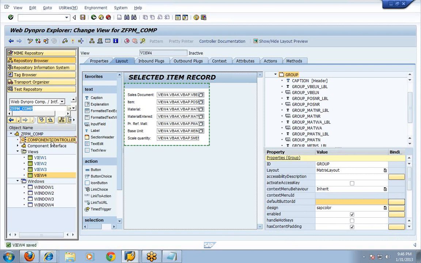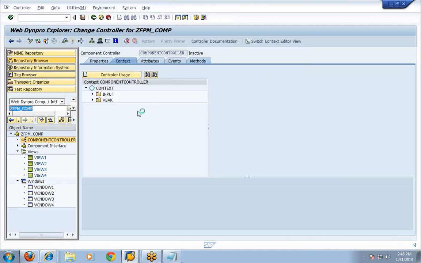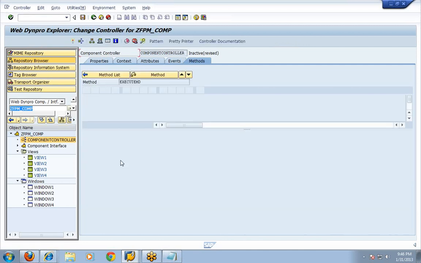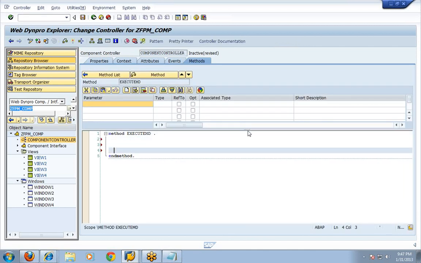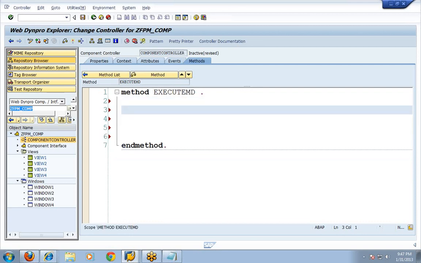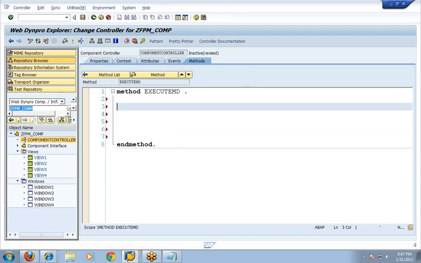Okay, now let us write the code. In the component controller, I'll create one execute method to fetch header records. I'll create one execute method, execute MD, and here I'll write the code to display header records. So first of all, capture the input